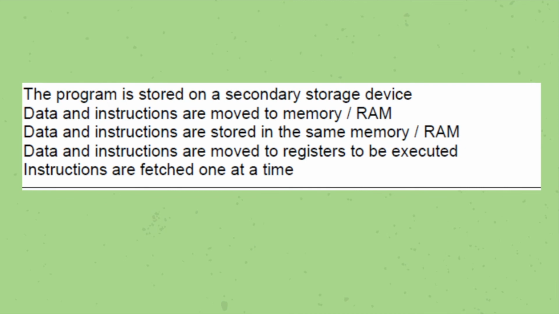So, this question is actually a tricky one, but don't worry. Look at the marking scheme. The second and the third point are nearly the same except the words moved and stored. So 2 marks you can easily remember. It's actually the fetch, decode, execute step. The data and instructions are moved to the memory and then stored in the memory, and then the data is moved to registers and it is fetched one at a time so that the instructions are executed. That's all. This is the process. Make sure you remember it.